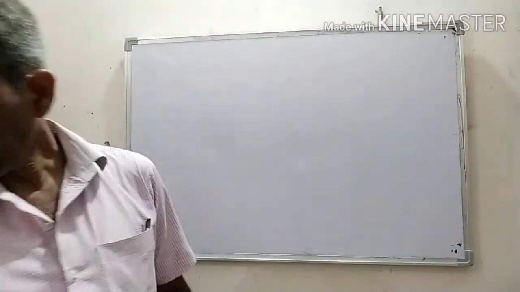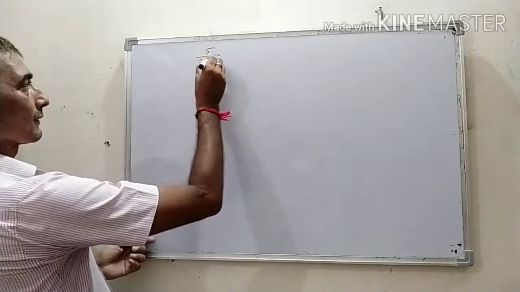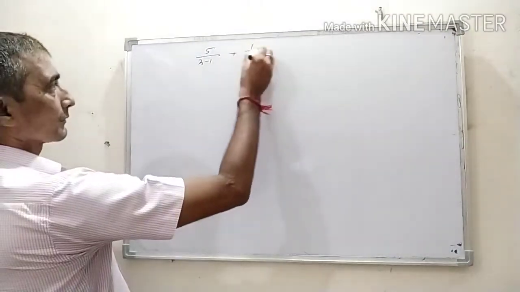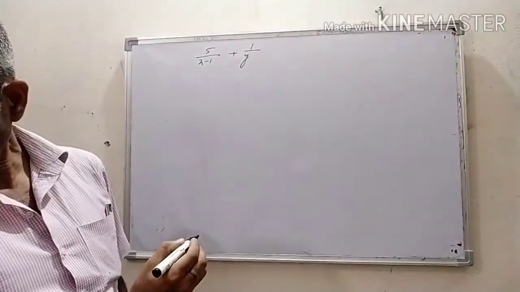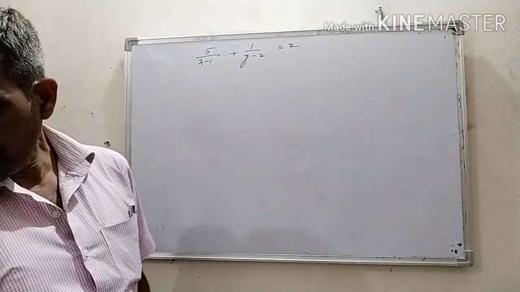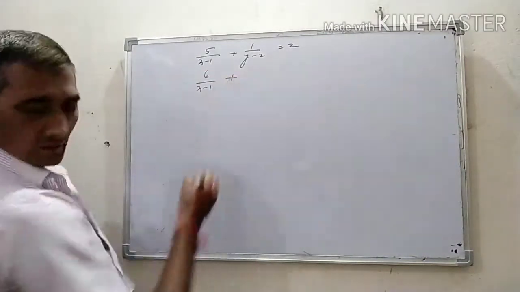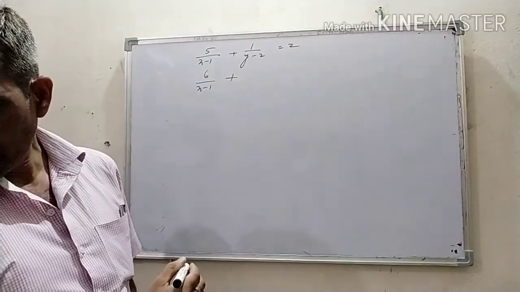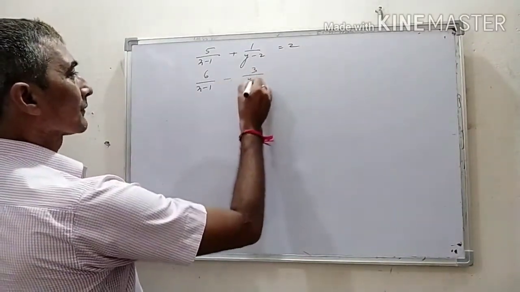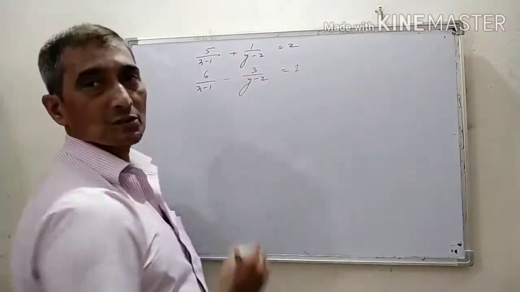See, 5 upon x minus 1 plus 1 upon y minus 2 equal to 2, and 6 upon x minus 1 minus 3 upon y minus 2 equal to 1. This is your given equation,